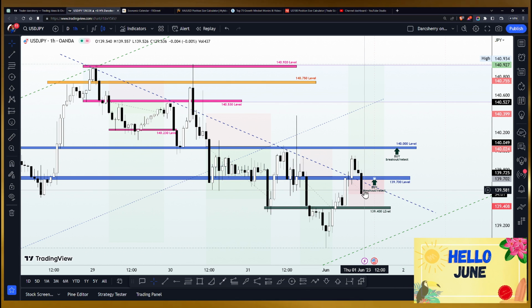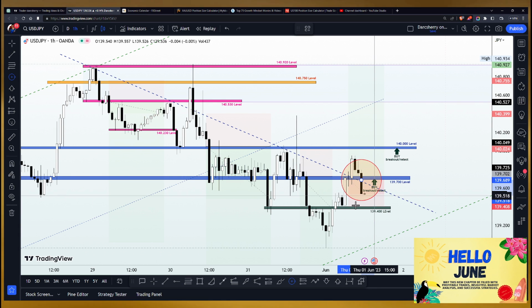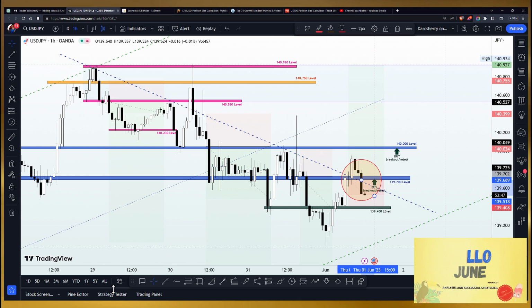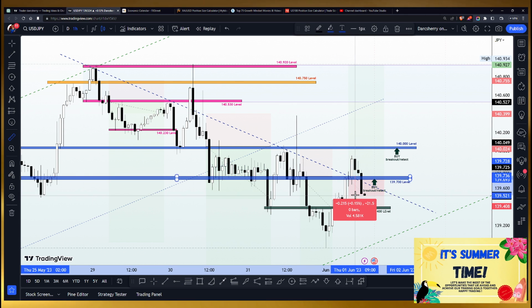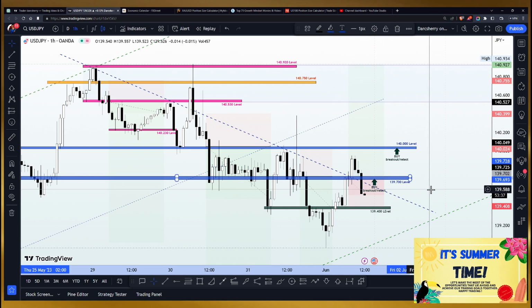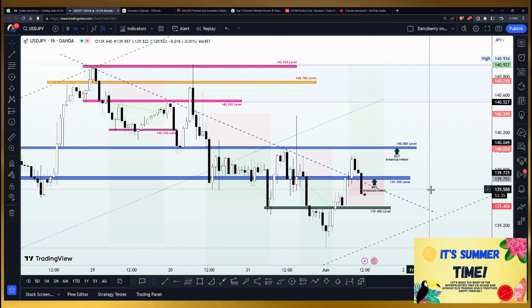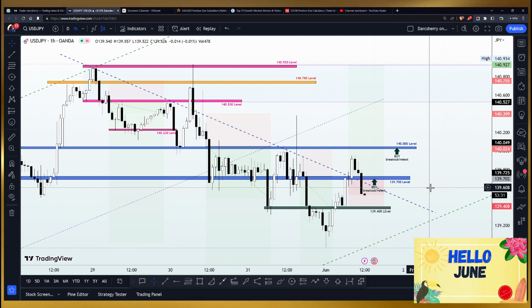And with an engulfing bearish candle bringing price back into the seller's territory, which is right below the bearish trend line, I'm of the opinion that we might likely be looking out for more opportunities to sell at this point. And for those who are taking advantage of the sell position at the breakdown of the 139.700, well done to you for being on standby, as you will currently be running with about 20 pips in profit. You might want to move your stop losses to your entry point right now to secure the current sell position, while we wait out and see how price action reacts in the next couple of hours.